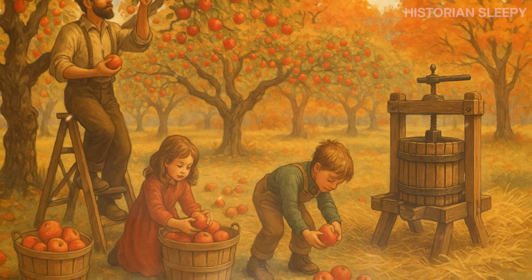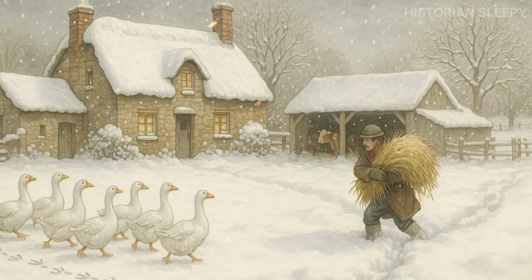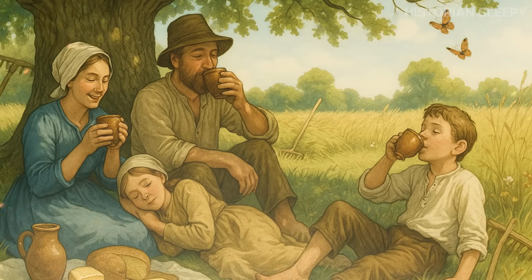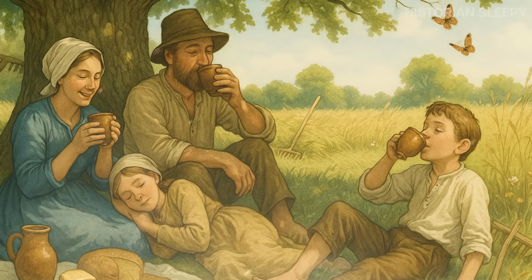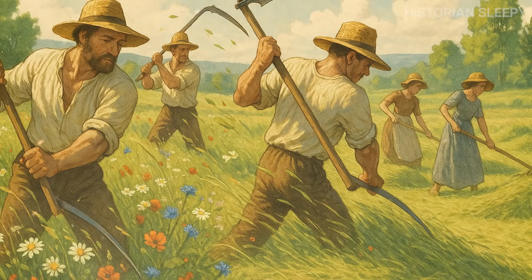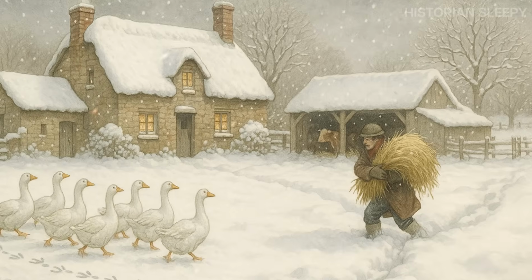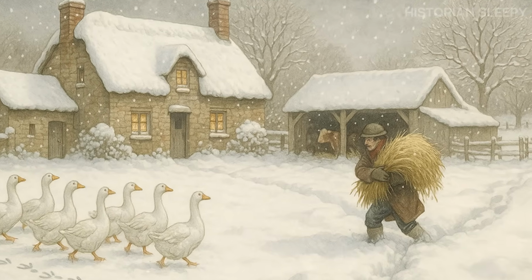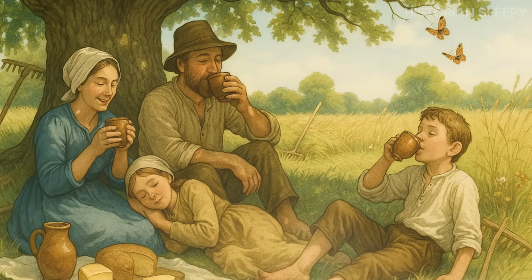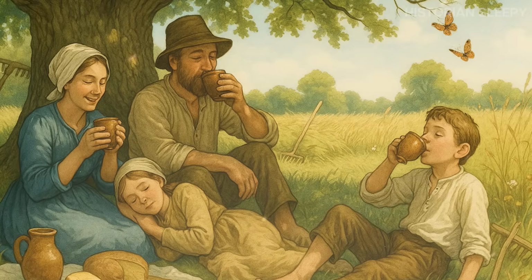The weight of the plough handle in your hands is familiar, an extension of your body after years of use. As you guide the horses to the field's edge, you feel a sense of ceremony in this first ploughing of spring, a ritual that connects you to every farmer who has worked this land before. "Walk on," you command, and the horses lean into their collars, their enormous strength making light work of pulling the plough. The metal blade cuts into the earth with a satisfying sound, turning over the soil to expose the dark, rich layers beneath. Behind you stretches a neat furrow, the first of many that will transform this field into a